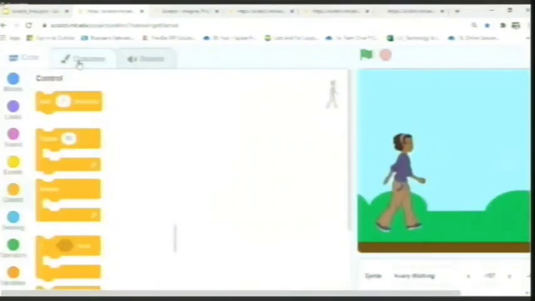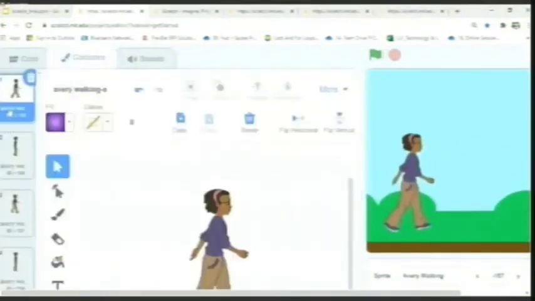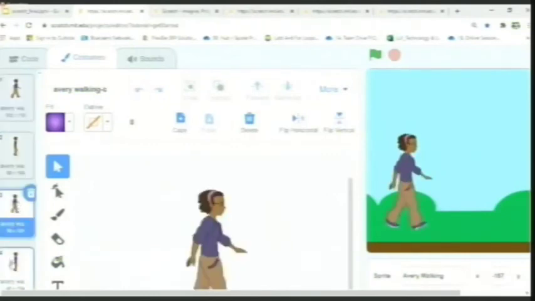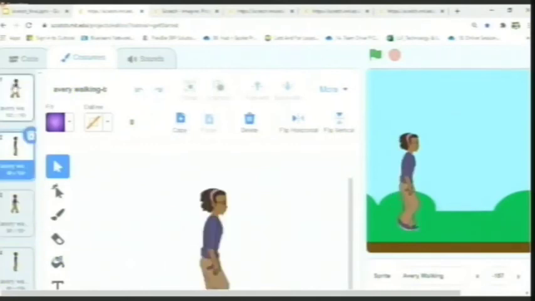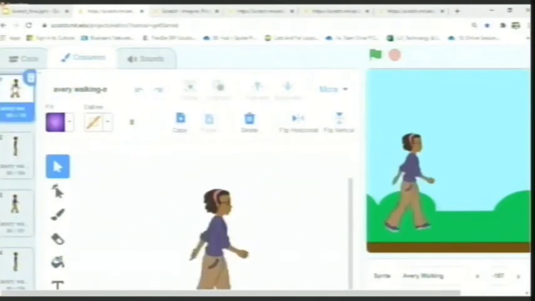Let's go back to the costumes. When you go back to the costume, it will show you the different animations, or what the different costumes look like. So when I click on the multiple images, it looks like the person is actually walking. When I put them all together in the next costume and make sure you give a proper time, it looks like she is actually walking through the screen. Okay, but that is not why we are here.